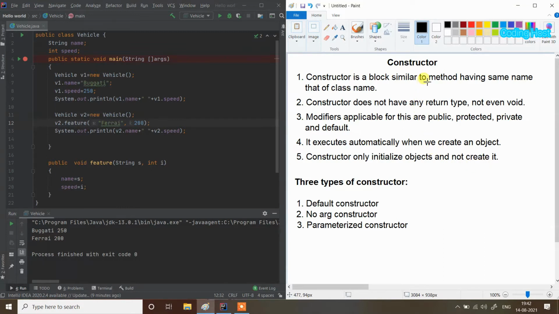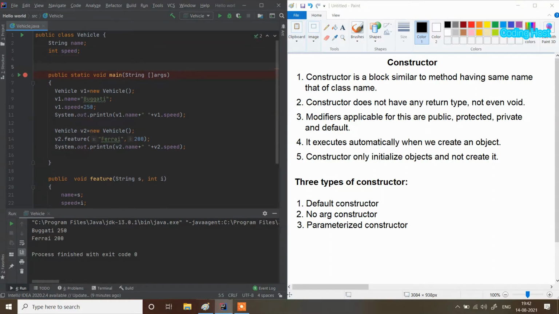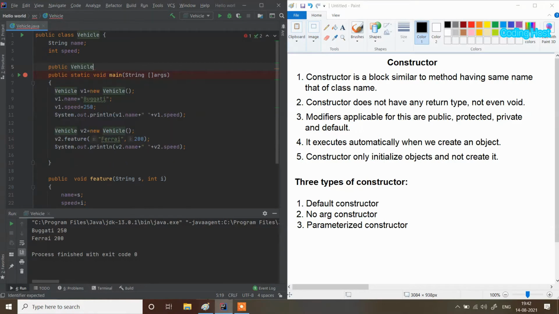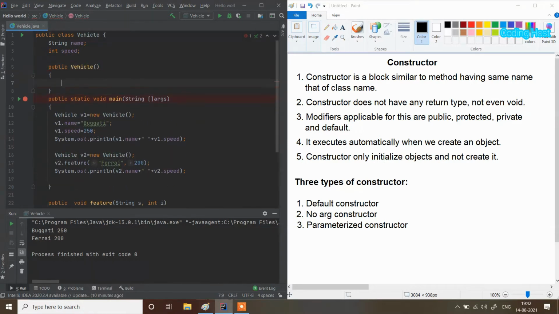Now I will explain all these points with the help of an example. Let's make a constructor first. I will write the class name, starting with a modifier, so I will write public. Then I will write the class name Vehicle, and then use braces like this.